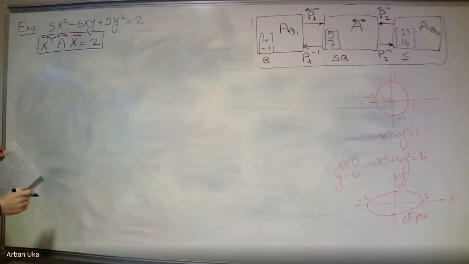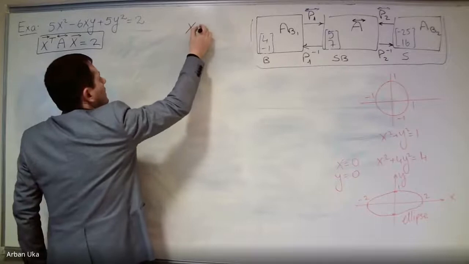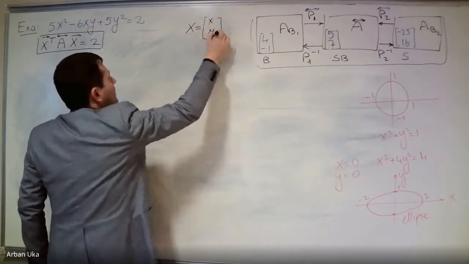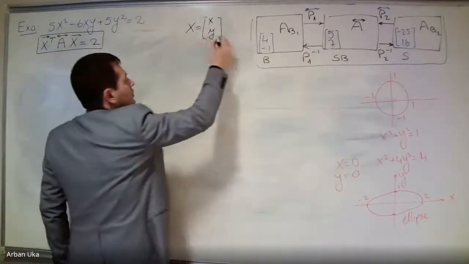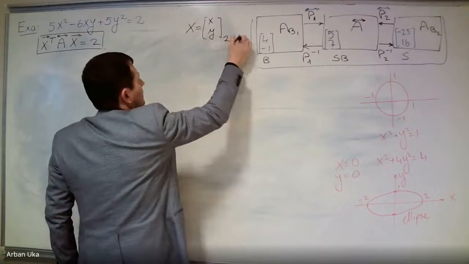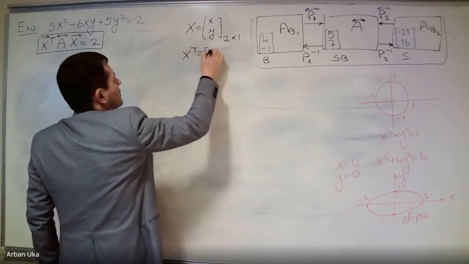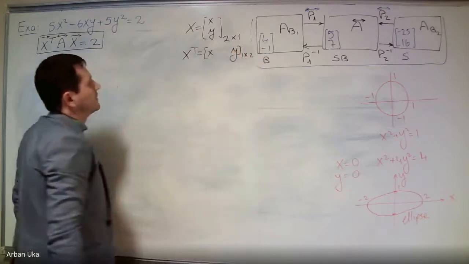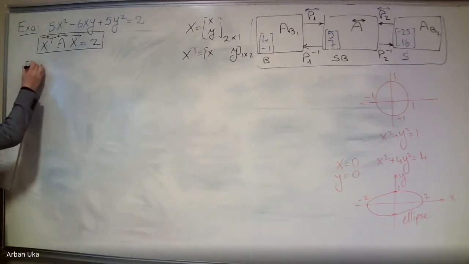Now, one thing that we can do is denote the vector x as the two variables that we see as important, which are x and y. If this is the vector x, what is the dimension of vector x? It's 2 by 1. X transpose is going to be x and y, which is 1 by 2, right? So then we write it like this. We say that the vector x transpose, which is x y,